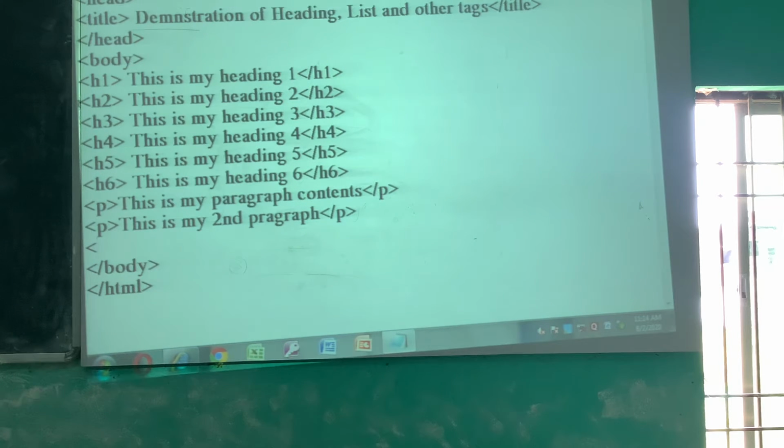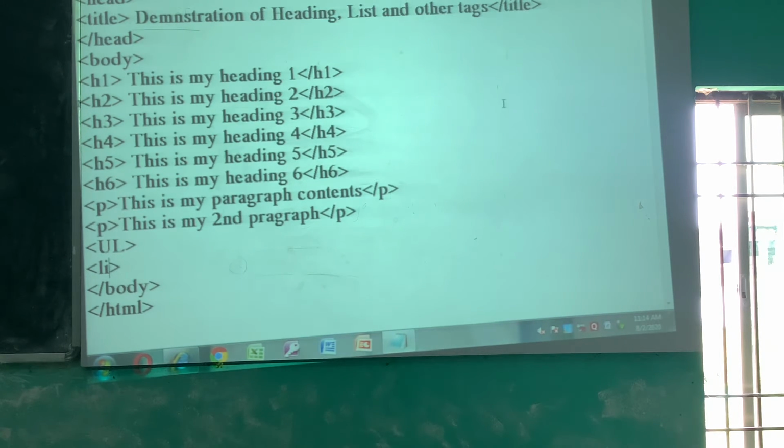Let us demonstrate one by one. First of all, UL. In between UL, you need to specify LI a number of times. That means list item. How many items are there? Suppose you have 6 items.